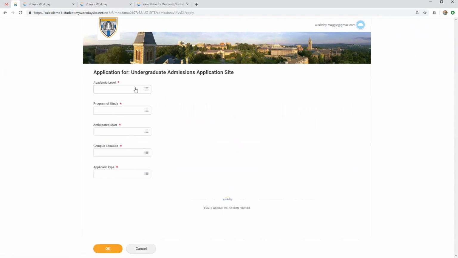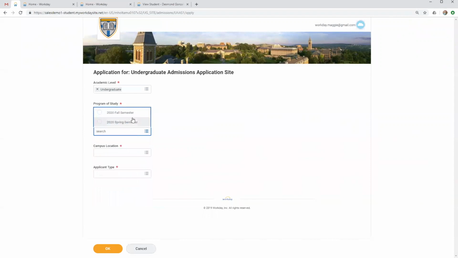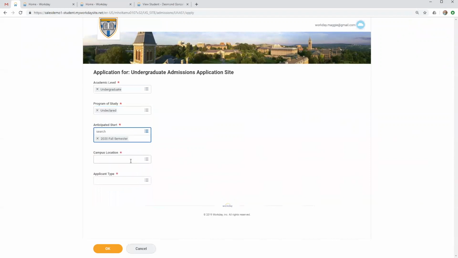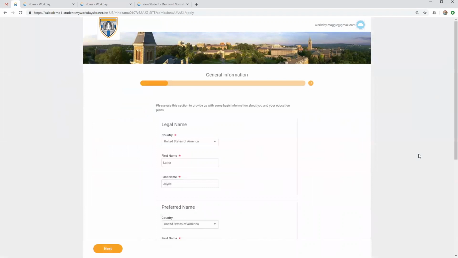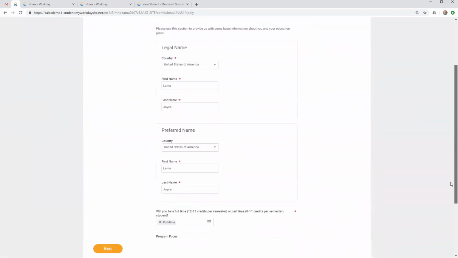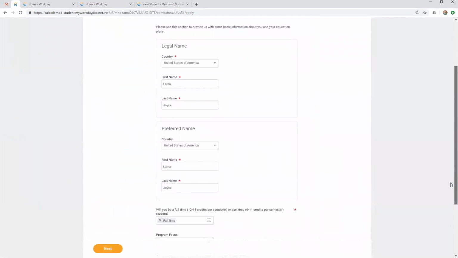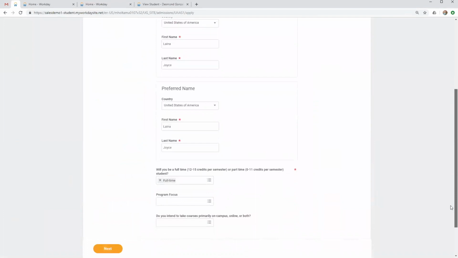This form again can be branded appropriately by program of study, by student type, by student cohort. And the student can fill out a set of questions that are configurable, again, by you. The application is saved, and it does bring in information that we already know about this student. She doesn't have to enter additional information if we already know a little bit about her from